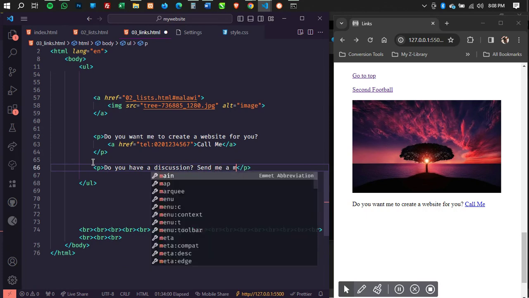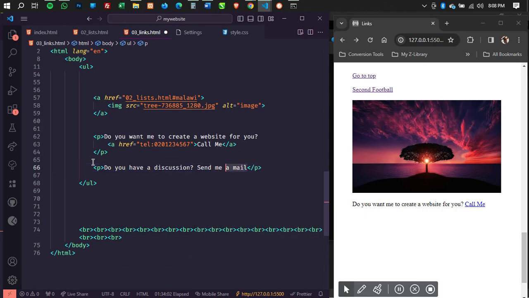Send me a mail. So we now want the user to send us an email directly when they click on this particular link. So who can tell how we can go about it?